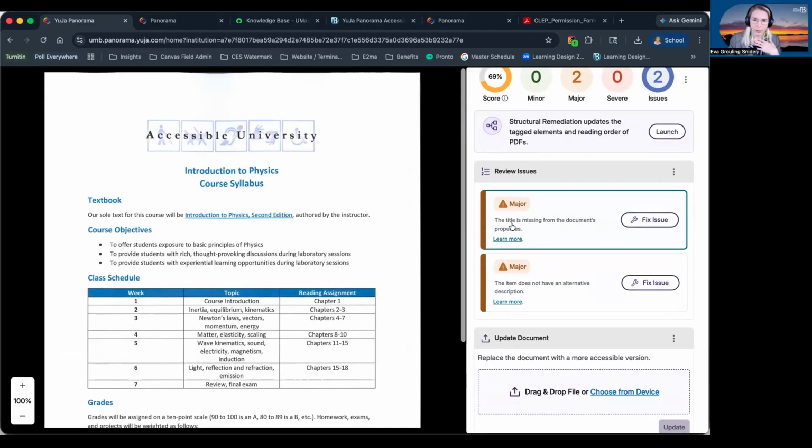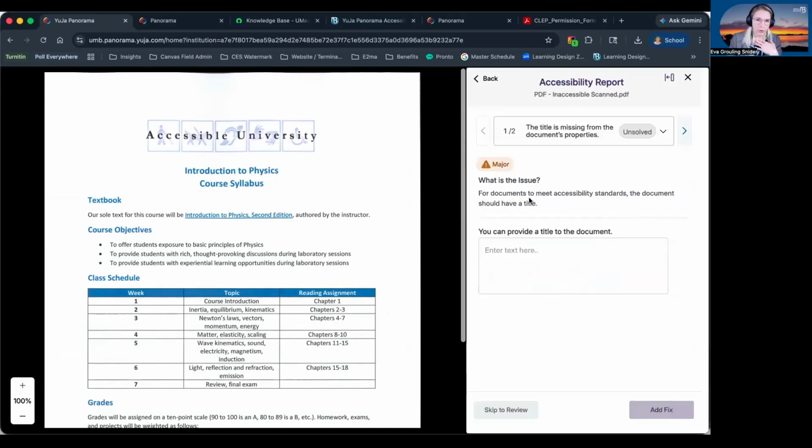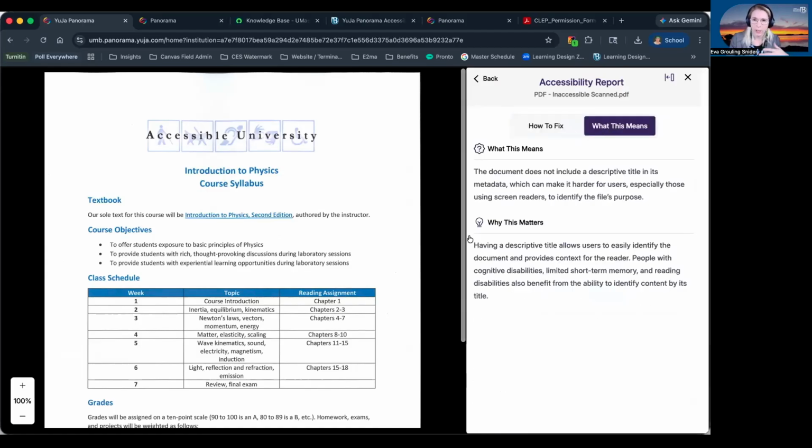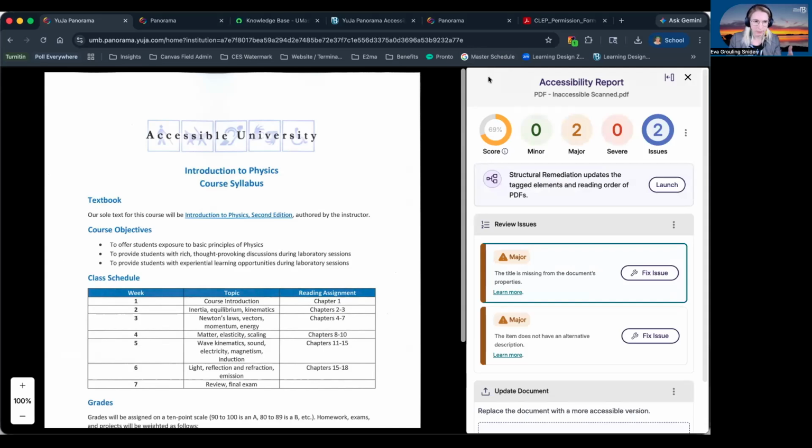So now we have two issues. We have the title is missing from the document's properties, and the item does not have an alternative description. For this first issue, we can click on learn more if we want. It's going to tell us why this is an issue. It doesn't include it in its metadata, which can make it harder for users, especially those using screen readers, to identify the file's purpose.